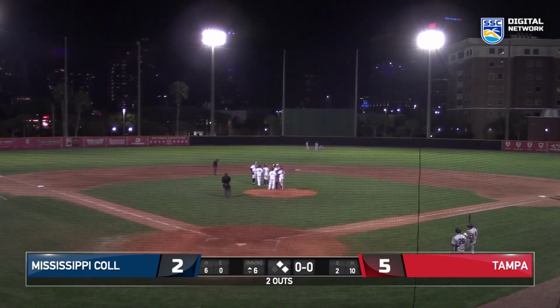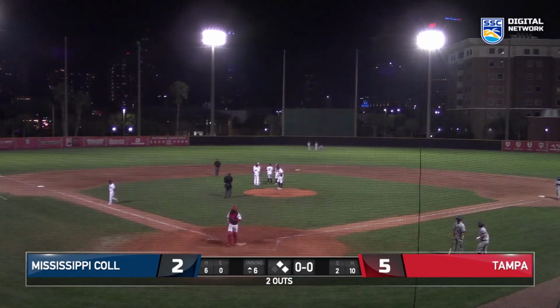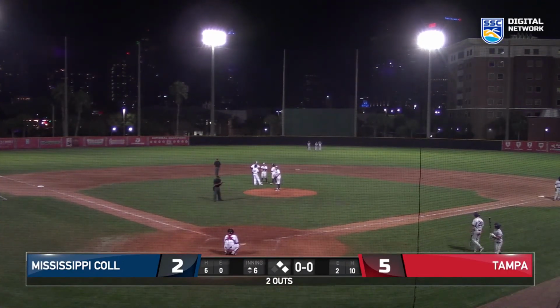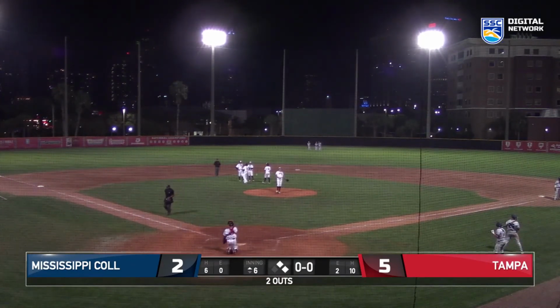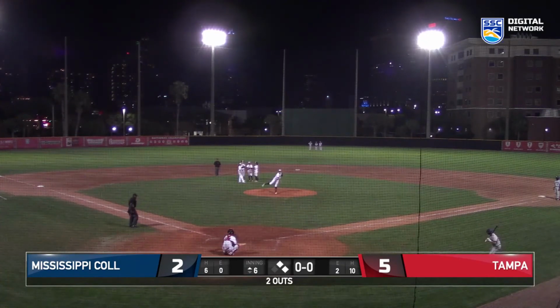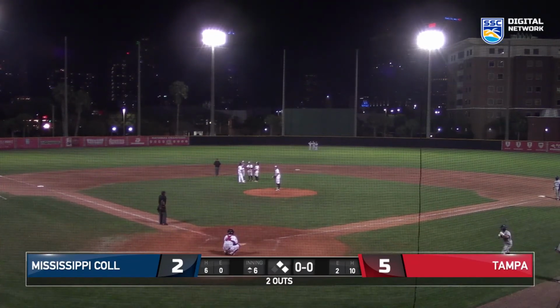So coming into the game for the Spartans, if we can get a number, 1 sec. Looks like Forsyth, but let me check. Anyone got a number? Braden Forsyth coming in, a right-handed pitcher. He's a junior, appearance number 4 on the year. No wins, no losses, no saves. 4 innings pitched. 4 hits, 2 runs, 1 earned. Walked 1, struck out 5. ERA of just 2.25, but he will inherit runners at first and second with 2 out. The man who previously played at Ole Miss will be playing against Mississippi College, so...